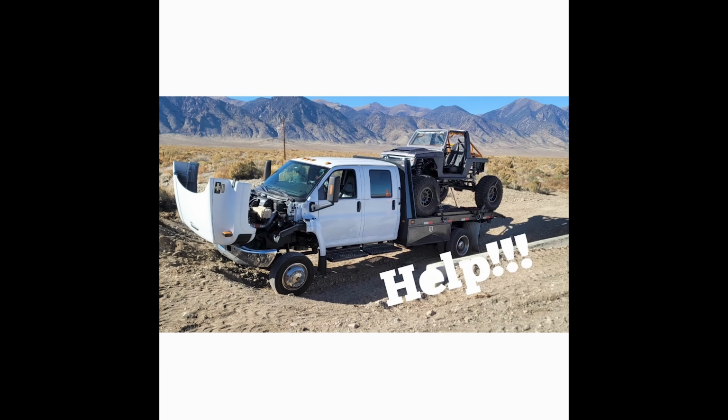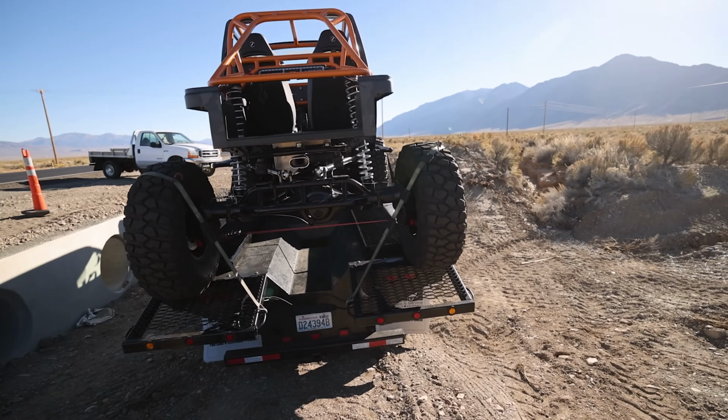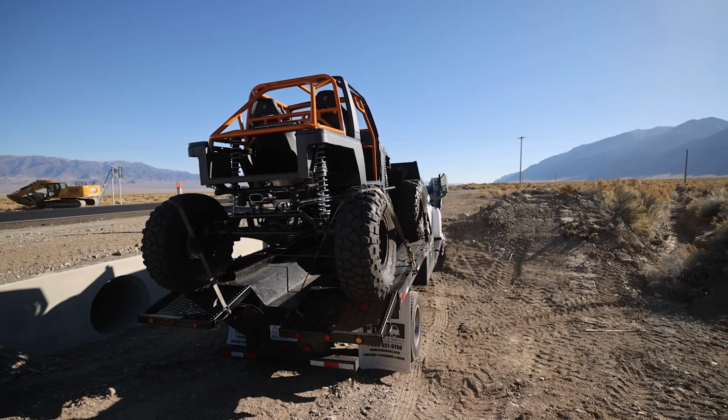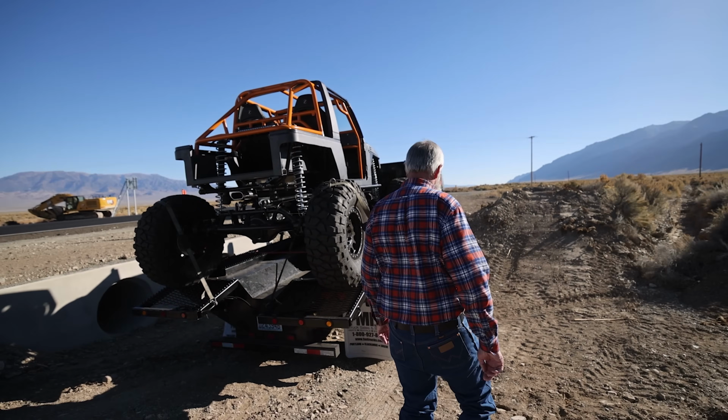So I posted on social media. I said, if anybody knows anybody in Nevada that can help, or anybody who's going to Vegas that might have room on their trailer for the Samurai, at this point, if I've got to just abandon the Kodiak for a couple days and then come back for it, that's fine. I just need to get this Samurai to Vegas. I shot a text out to my friend Matt with Matt's Offroad Recovery, and after a little bit, he did get back to me,